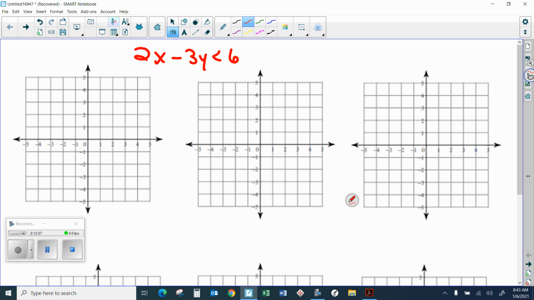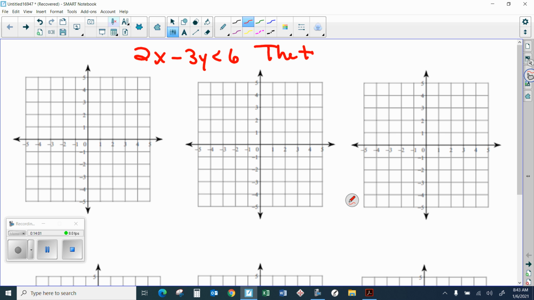Okay, standard form. Ax plus by equals c. A, b, and c have to be integers, and a is positive. This is true standard form right here. Okay, should have learned standard form in Algebra 1 already, before getting to inequalities. All right, so